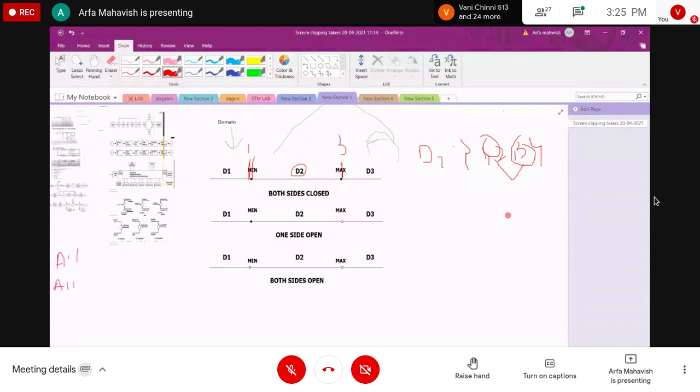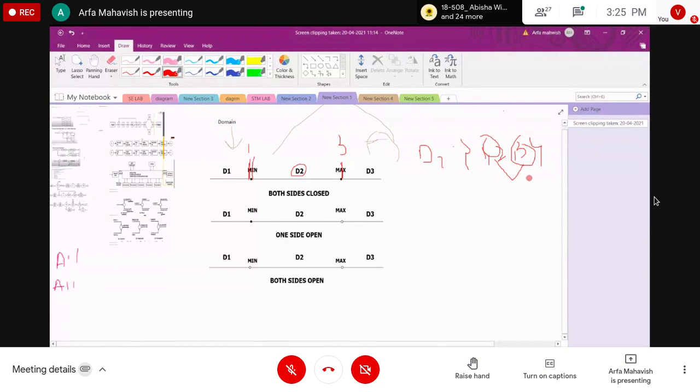Just now I gave the example of the set 1 to 5, divided into subboundaries. So here, in place of minimum and maximum, we take the set 1, 2, 3 as domain D2. In the minimum place we put 1, in the maximum we put 3, and in the middle we have the numbers. So 1 and 3 are the boundary of your domain.